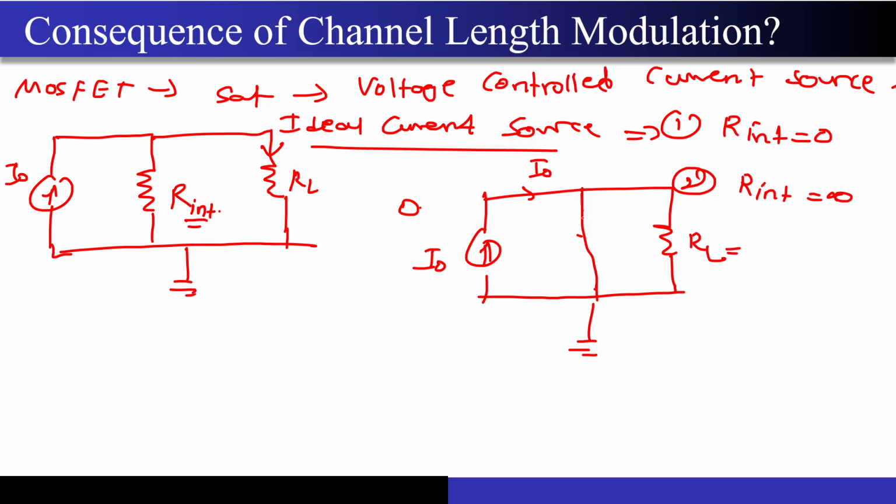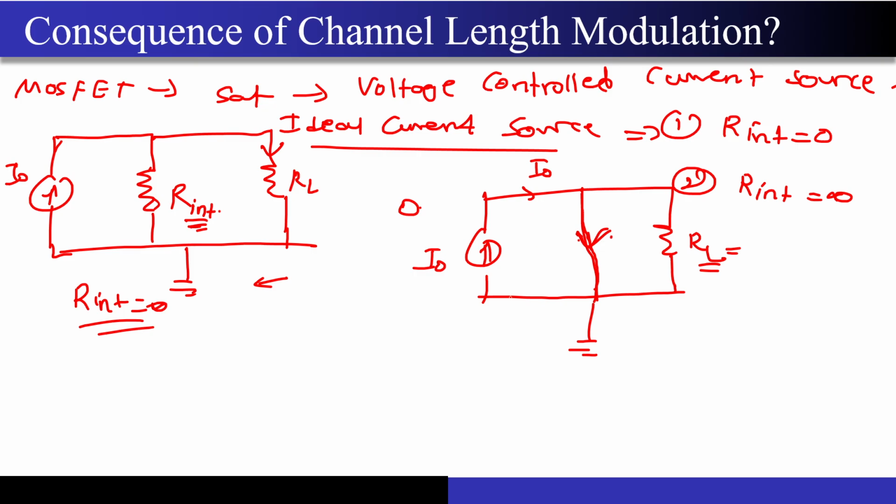Now this RL has some finite value. This is completely short circuited. So all the current will actually flow from here. Instead of delivering the current to the load, it is delivering the current to its internal resistance, that is the short circuit over here. So that is not what we want, correct? I want this R internal to be infinity. If R internal is infinity, this will act like an open circuit and all the current will go through this RL. Correct? I hope this is important. Please don't forget this, right?